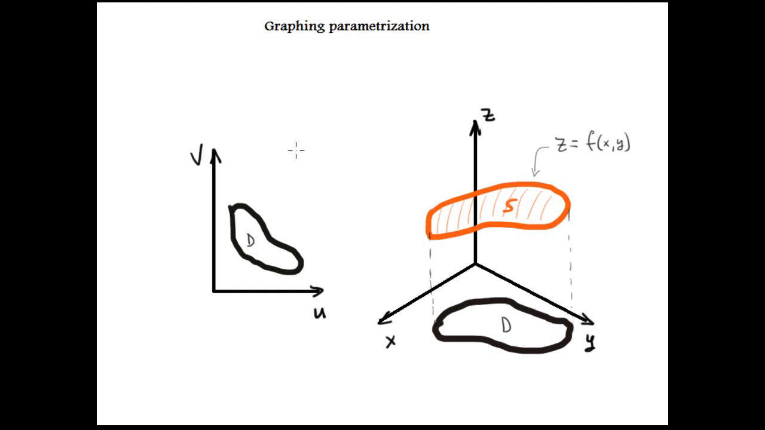Okay, this is another way to do parameterization. It's a graphing parameterization. Suppose we have a function c equals f of x comma y, and we are doing the parameterization. We call x equal u, y equal v, and c is equal to f of u comma v. When you are doing the parameterization in this way, the domain of this is